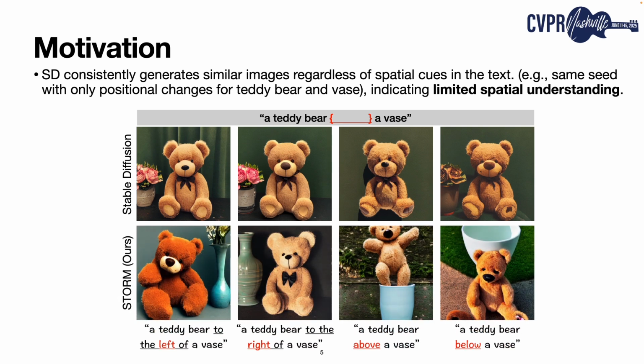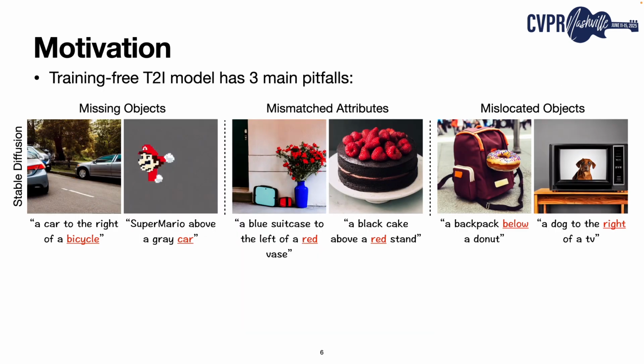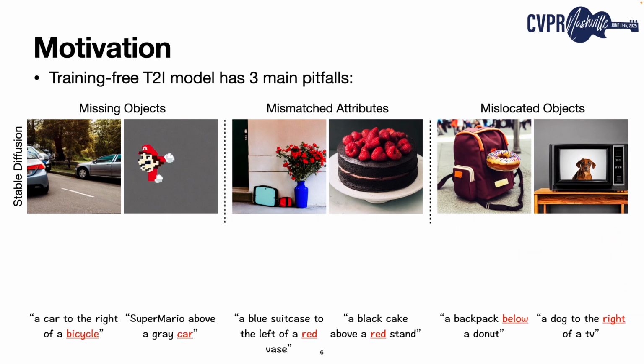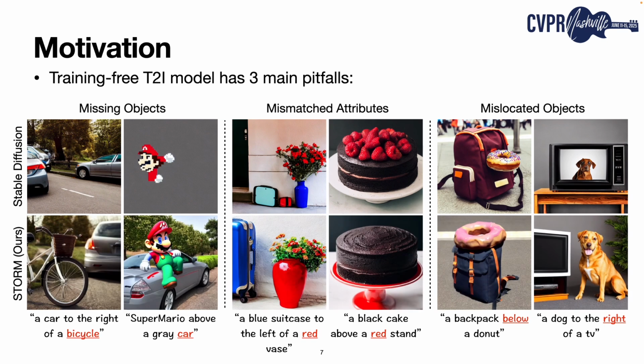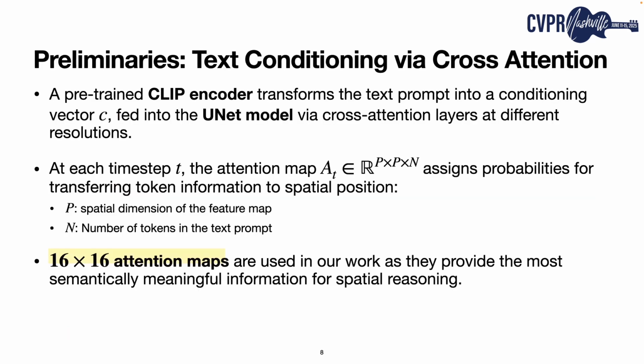As shown here, STORM successfully generates images where the teddy bear is correctly placed relative to the vase, addressing the misalignment problem effectively. Beyond addressing the mislocated objects problem, STORM also demonstrates remarkable performance in resolving challenges such as missing objects and mismatched attributes. Before diving deep into our proposed method, it's essential to first understand some foundational concepts that